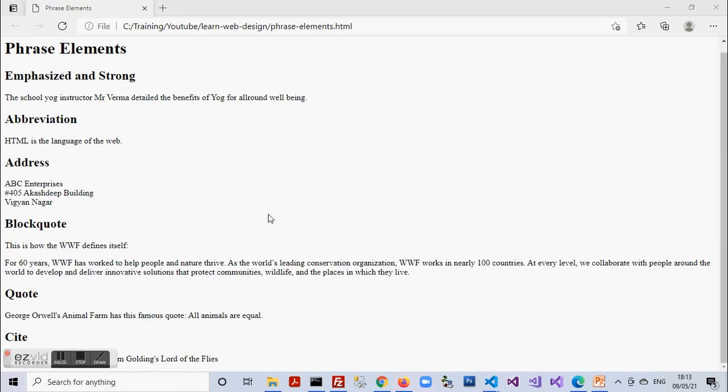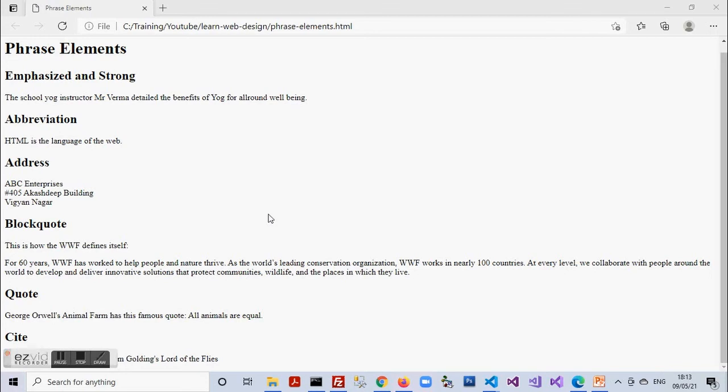So let us see how actually we can apply these tags to the document and make it functional with these tags. I would like to mention that these phrase elements help the screen readers, and they also can help us in applying specific styles to the sections in the document using these tags.